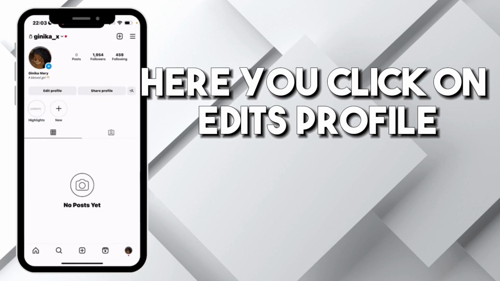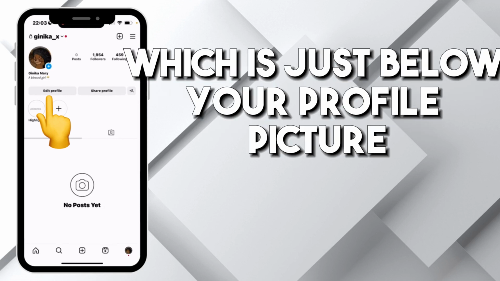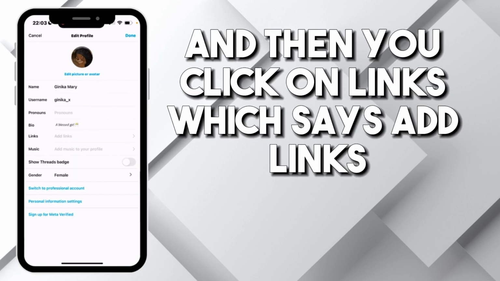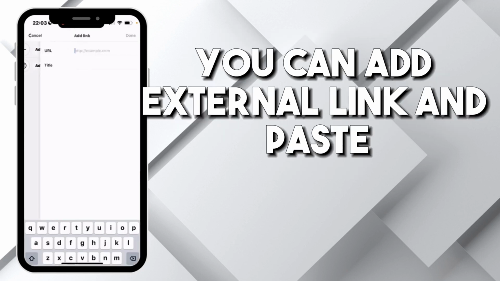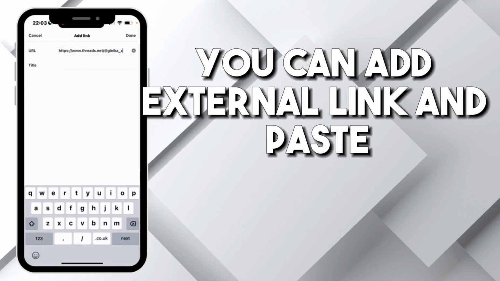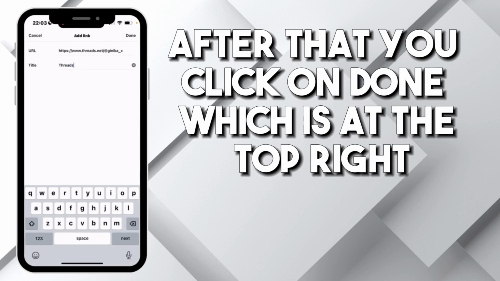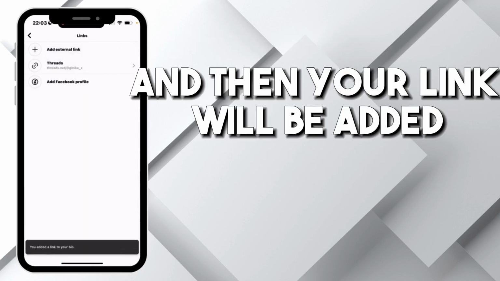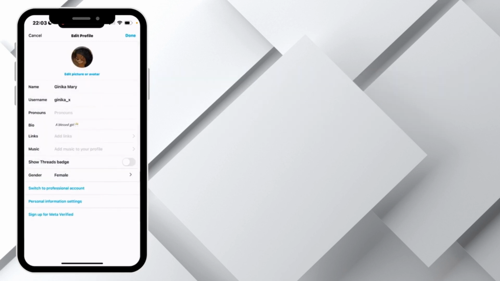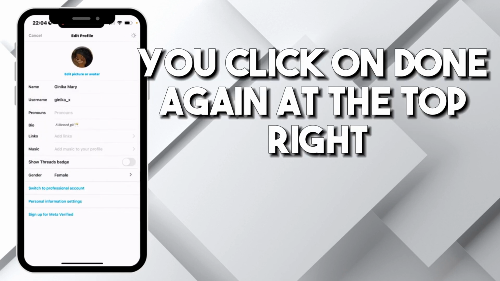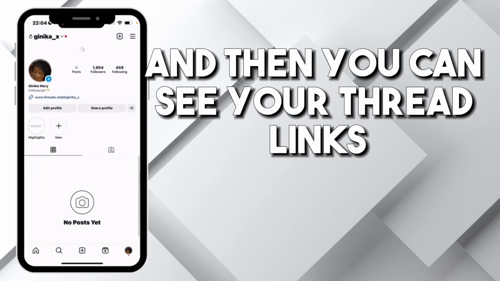Here, you click on Edit Profile, which is just below your profile picture. And then you click on Links, which says Add Links. You can add external link and paste. You write the title as Threads. After that, you click on Done, which is at the top right. And then your link will be added. You click on Done again at the top right, and then you scroll down and then you can see your